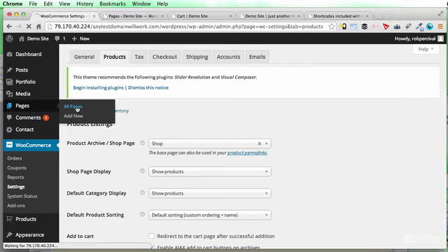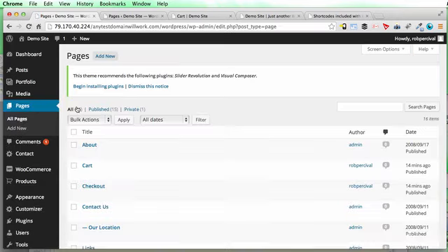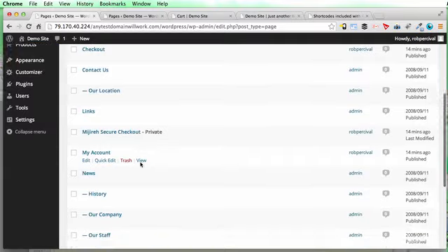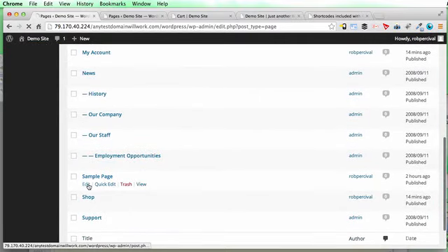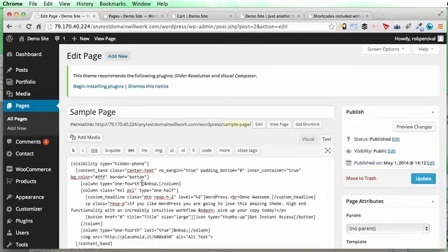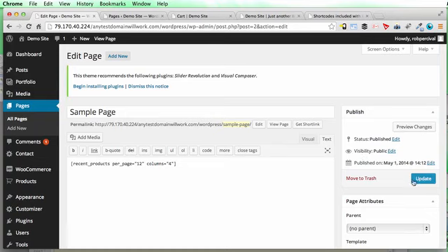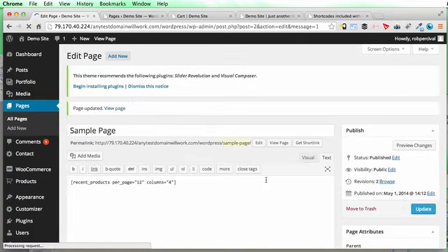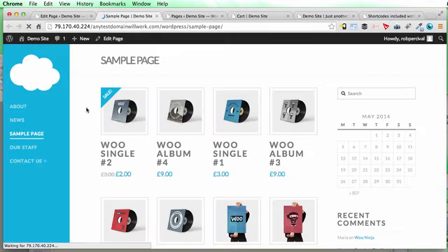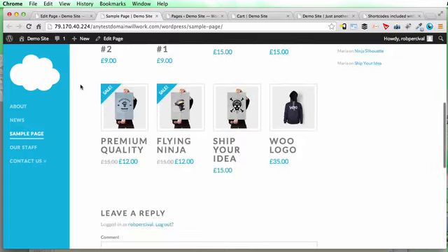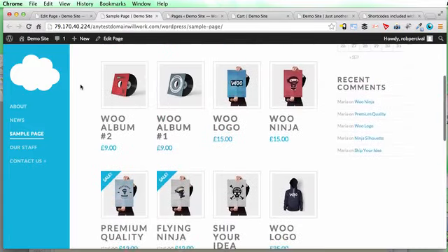Let's pick a page. Let's choose our sample page. And we'll get rid of all of this and just replace it with a single WooCommerce shortcode. And then view it, and there you go. So again, really nicely displayed,